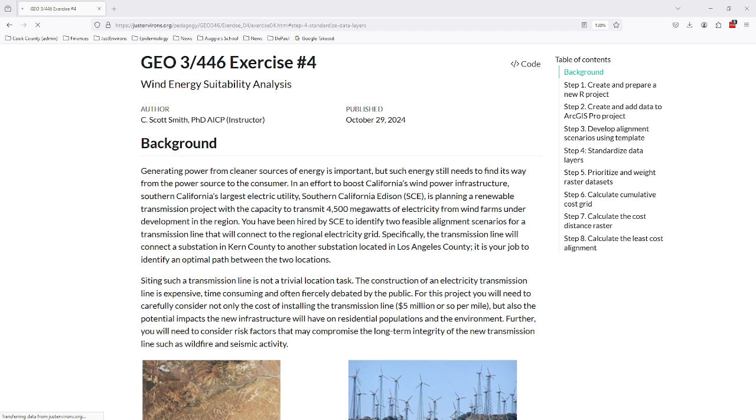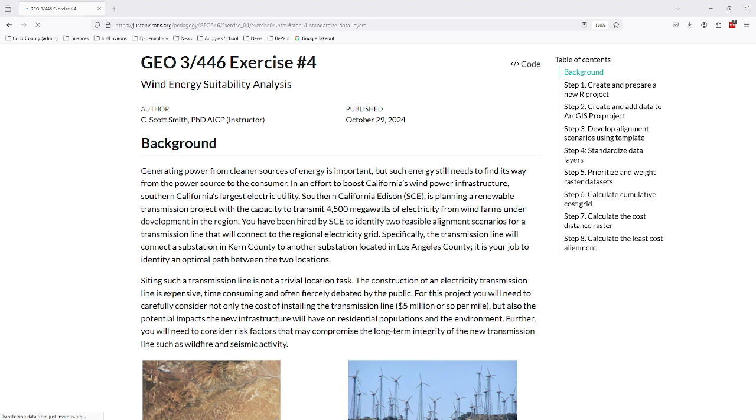So you have to use GIS data. A fair number of raw GIS layers will be made available to you and you'll use those to essentially identify some optimal path between the two locations. So yeah, this is an interesting exercise. All the students will be using the same study area, but it'll be up to your discretion to choose which data layers you want to use to inform the optimal path scenarios. There are a fair number of steps to this exercise, but I think you'll find it useful and it can be applied to a lot of different planning